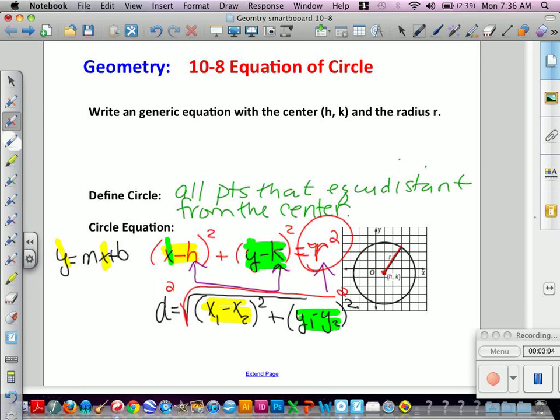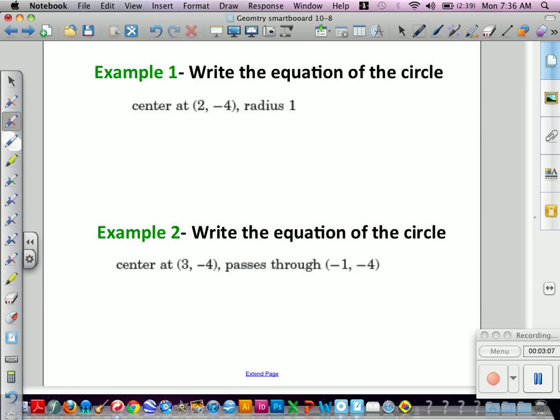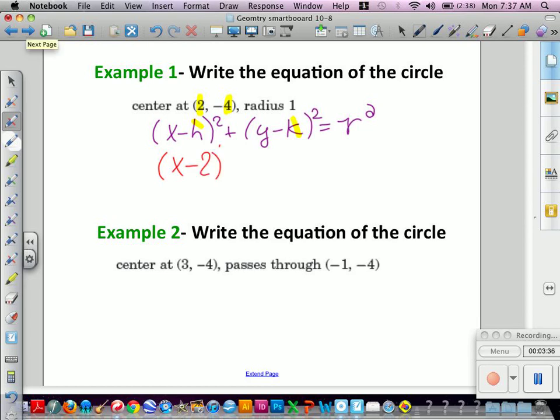Let's take a look at some of our problems. Our first example asks us to write the circle equation given the center of (2, -4) and a radius of 1. Remember, we have (x minus h) squared plus (y minus k) squared equals our radius squared. So we're just going to put this ordered pair in for the h and the k. I'm going to go (x minus 2) squared plus (y minus -4) squared equals my radius,